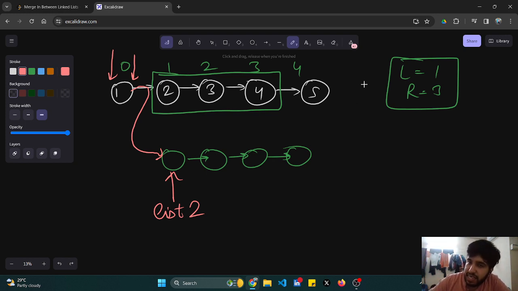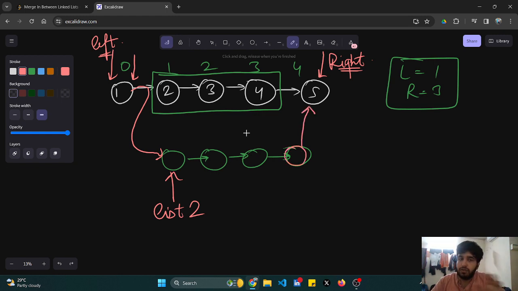And what are the other nodes that I have to get access to? This is the node, and this is the node. So one left pointer would be pointing here, one right pointer would be pointing here. And is there any other node I have to get access to? Yes, basically this node. Why? Because I have to make again a connection. So what are the 4 nodes I have to get access to? This, this and this. If I get access to all of these nodes, then